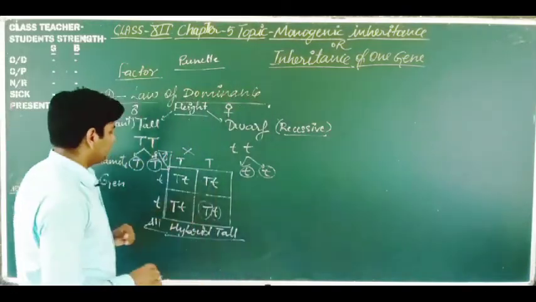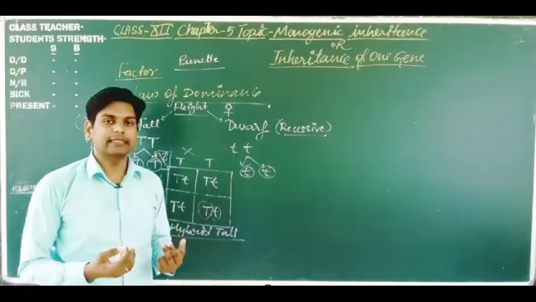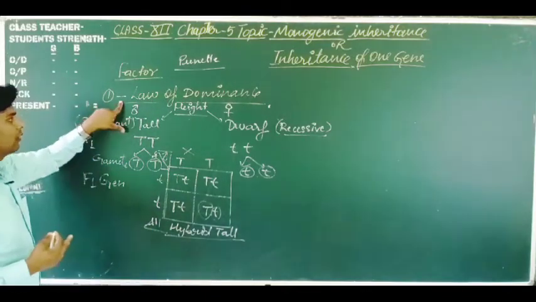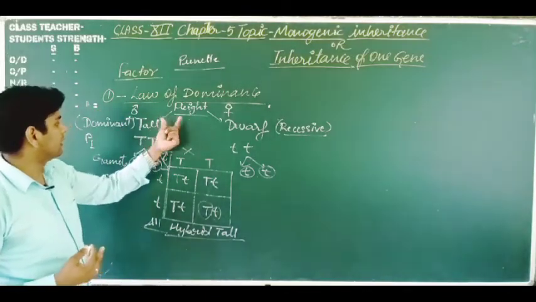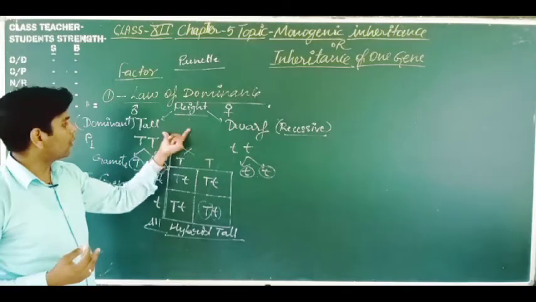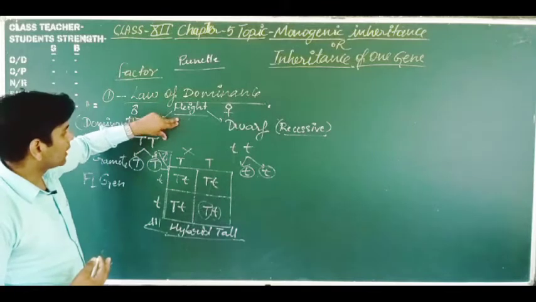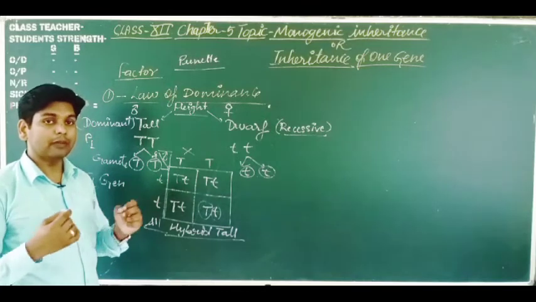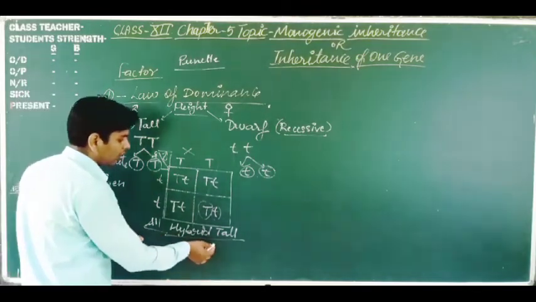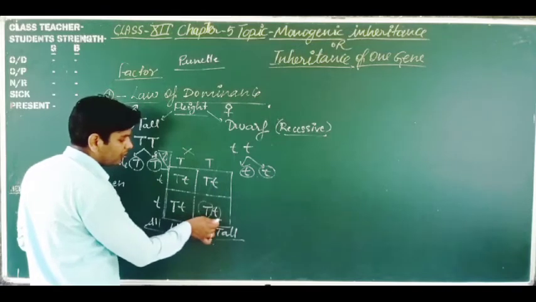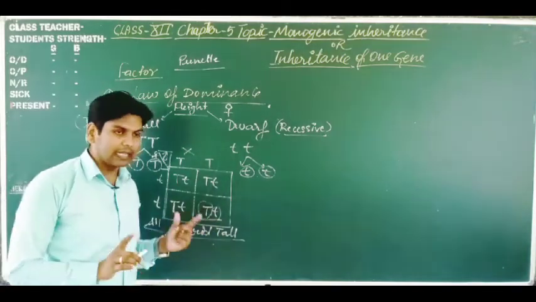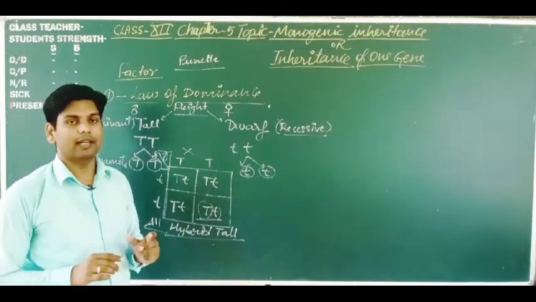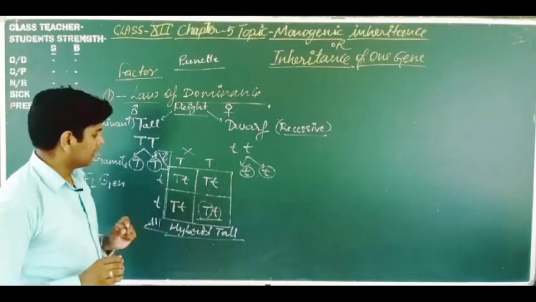Got it? One more thing, many times the question is asked: what is the phenotypic and genotypic ratio of a monohybrid cross? I have told this in earlier classes. Dear students, this is tall and dwarf. So this cross is known as the monohybrid cross. Mono means single, hybrid means the combination of two parents. Here you are looking at hybrid tall. This is the hybrid of a single character. The hybrid of a single character is formed in this cross. That is why this cross is known as the monohybrid cross.